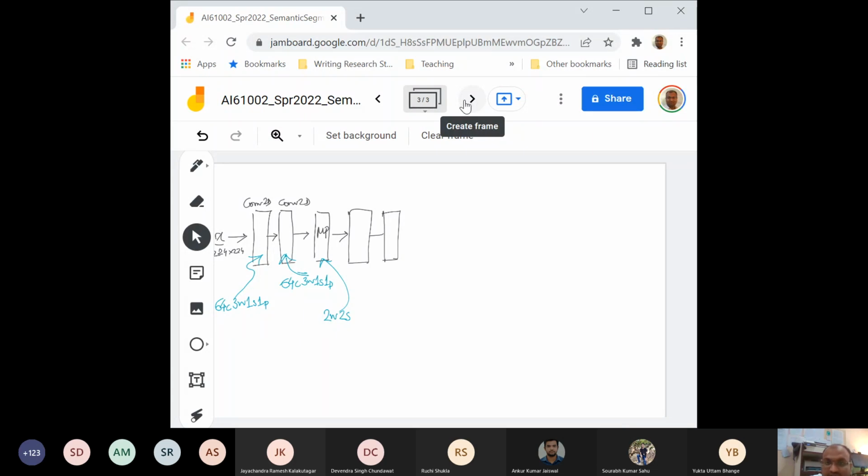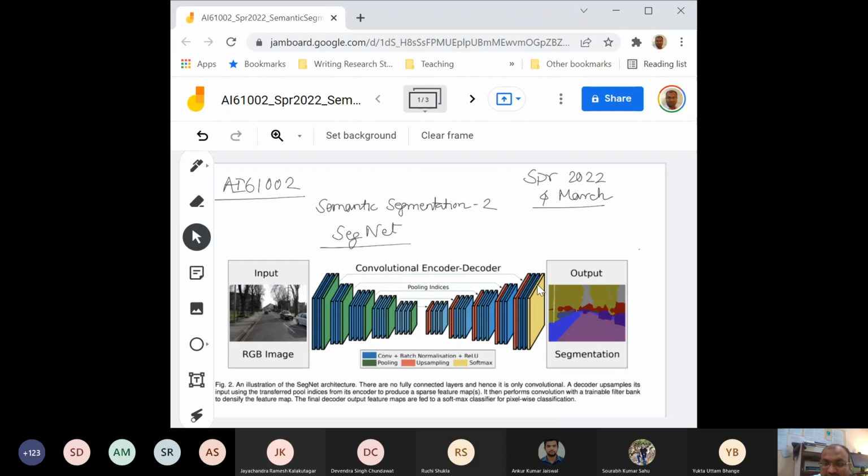Now let me do the other side of it. Matching to this, on the other side you will have this whole part coming down. If I write it down, it becomes something like this. You have your unpooling, you have conv, then you have a softmax, and here comes down your y, which is also supposed to be 3 cross 224 cross 224. Please change slide.